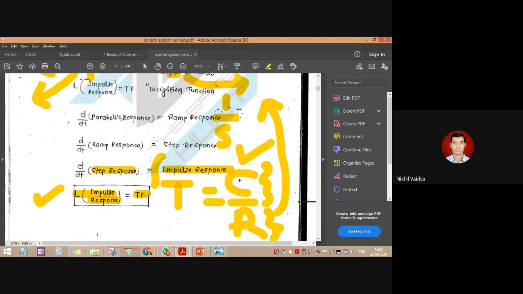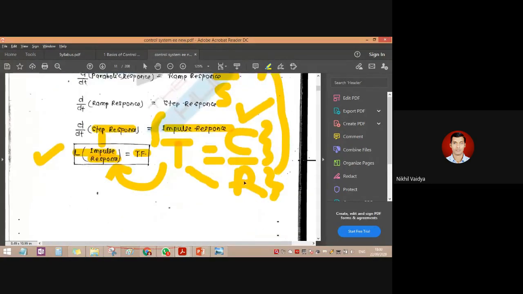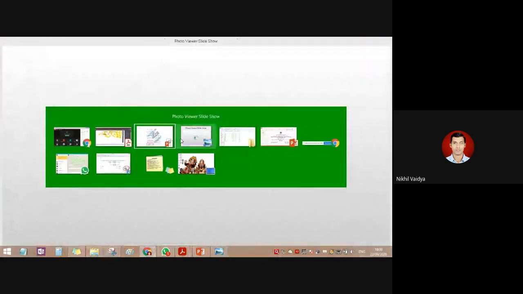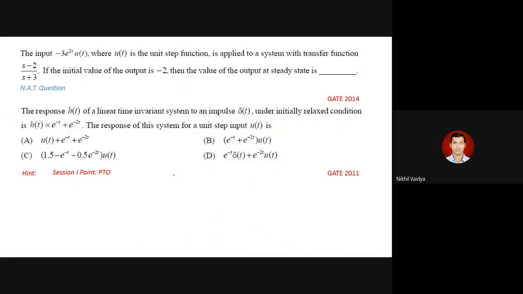So we have to calculate what? C. So what will be its response? The transfer function we just now calculated by using this formula, the Laplace of the impulse response. So that impulse response is given to us, and for calculating the transfer function, when we multiply it, we will get it in s domain, and when we take its inverse, then we will get its inverse Laplace transform. So this is the particular question which is asked for 2 marks. So we will finally get this particular answer.